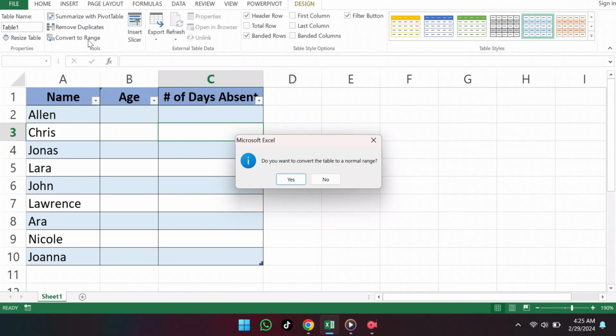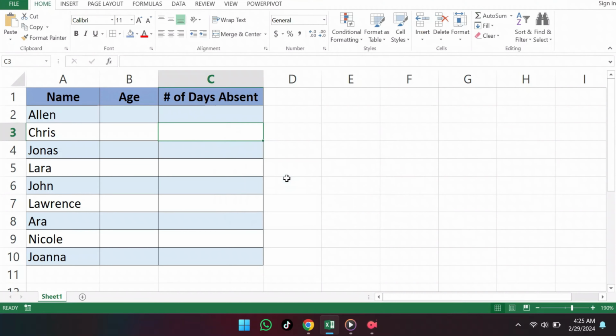Excel prompts you for confirmation. Do you really want to convert the table into a normal range? Click Yes here, and after that, the table gets quickly converted into the regular range. It doesn't look much different, but there is no Table Design tab available, and sorting and filtering capabilities are not